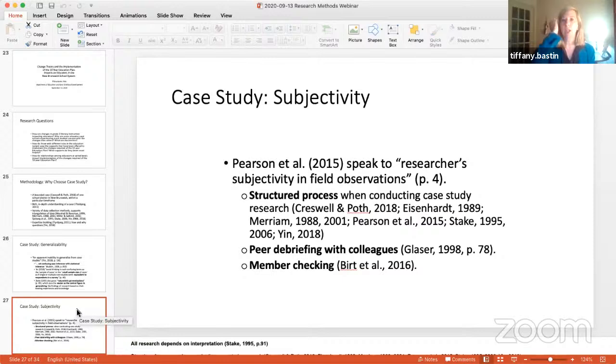Subjectivity is another question that arises around case study. So how can we ensure that the researcher has a level of subjectivity or they're not applying a bias to what they're doing? Just like you do with a quantitative research study, in qualitative research, there is a very structured process. And I will explain the steps that I took around that, as Nancy did. You can see that although the process is different, it is very structured, and that's to ensure that the subjectivity